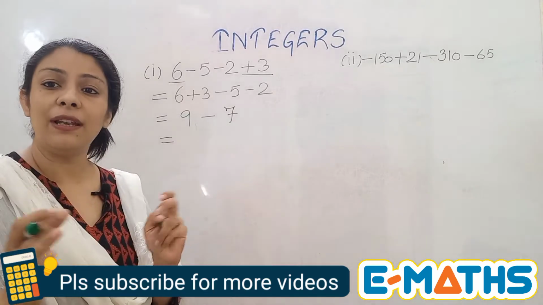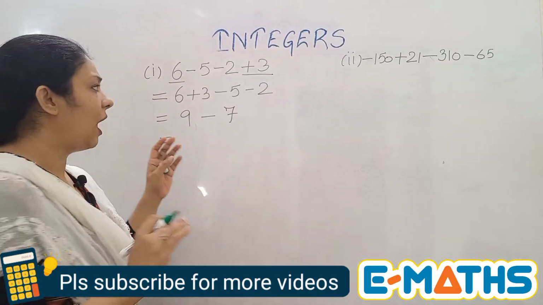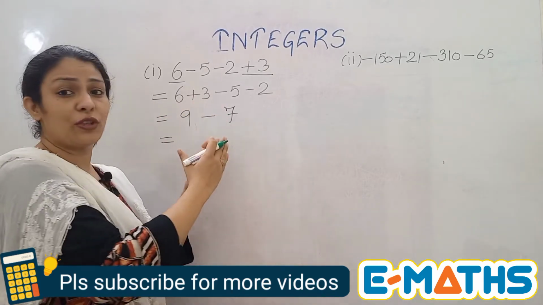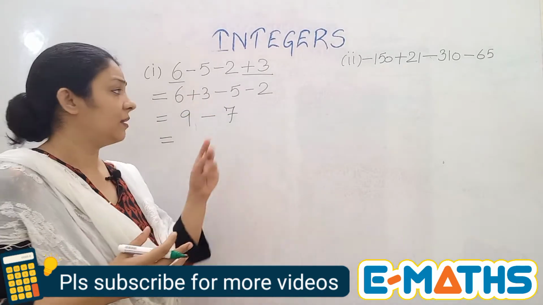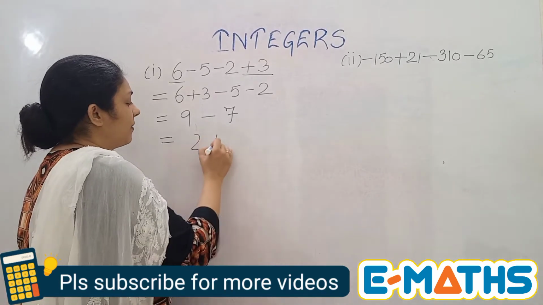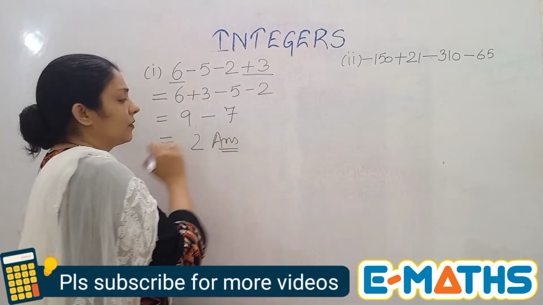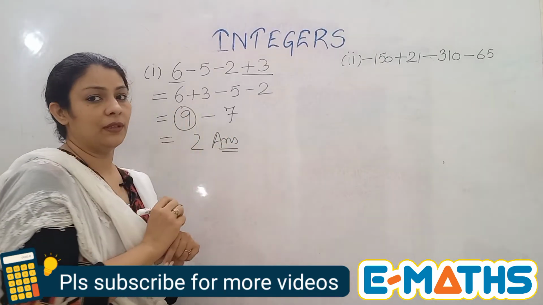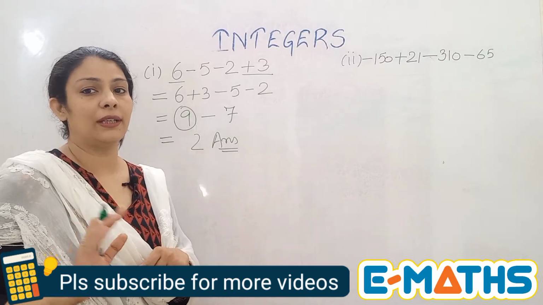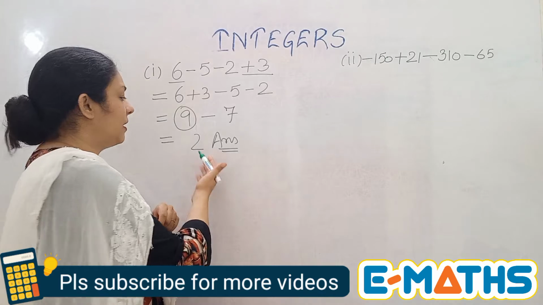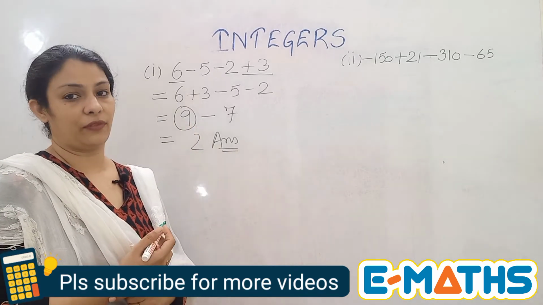Alright, so this will never make you confused about how to do it. Oh my god, there is a mix of positive and negative, what to be solved first and what to be solved next. So this is the way. So here is the answer, 9 minus 7 is 2. So we have a positive 2 here because this 9 is bigger, which is a positive number. We always take up the sign of the bigger number. So between 9 and 7, 9 is bigger and it is positive. So our answer is 2, a positive 2.